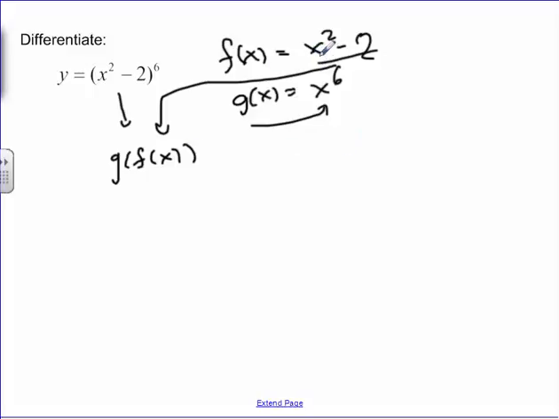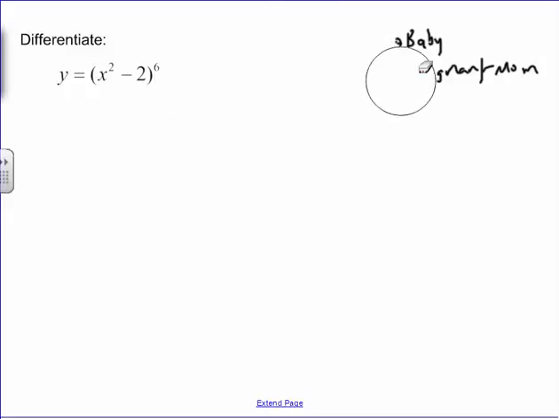So hopefully this analogy makes sense. X squared minus 2 is like the unborn baby that is inside the pregnant mom. I think the analogy helps kids to visualize, especially because students really do struggle with composition of functions. So hopefully you'll agree with me, though, that what I have written here so far